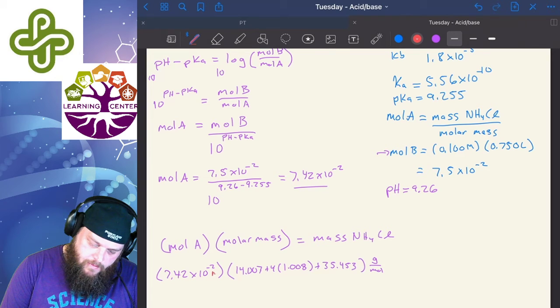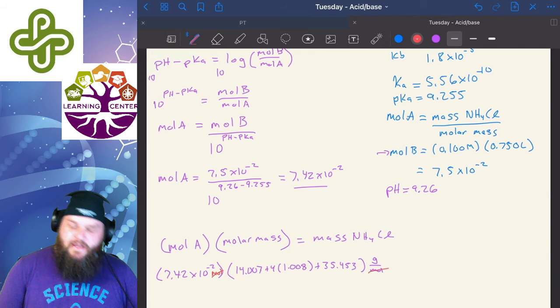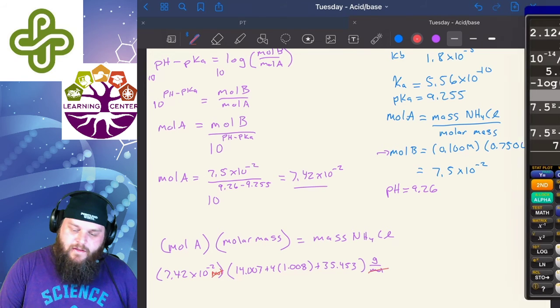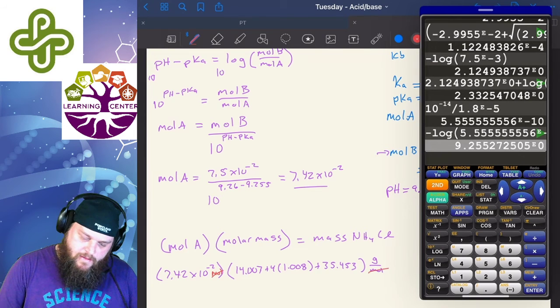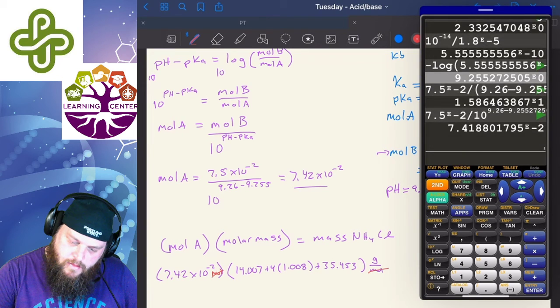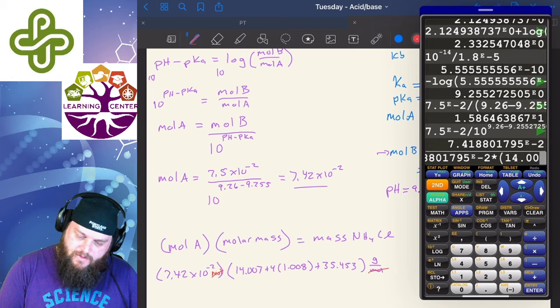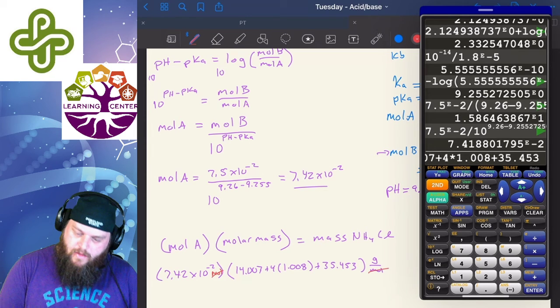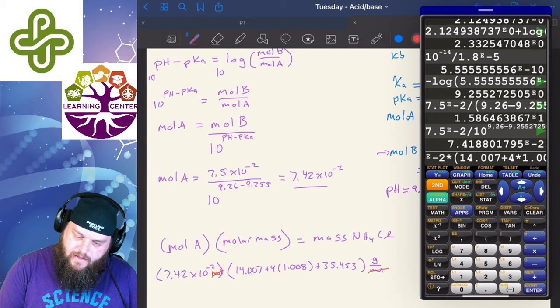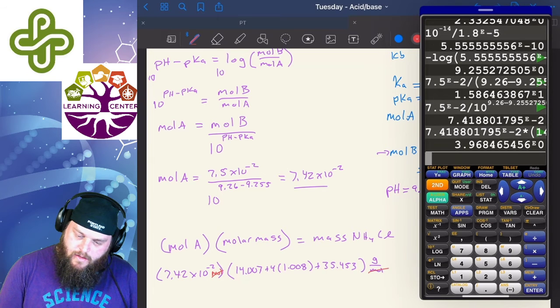This is moles, so I can see that it cancels out with my moles. I get grams. I'm getting a mass at that point. I lost my value. There it is. So that's my moles of acid. I can multiply that times 14.007 plus 4 times 1.008, that's hydrogen, plus 35.453, which is chlorine. Close my parenthesis. Make sure, yep, that should be good. And that gives us